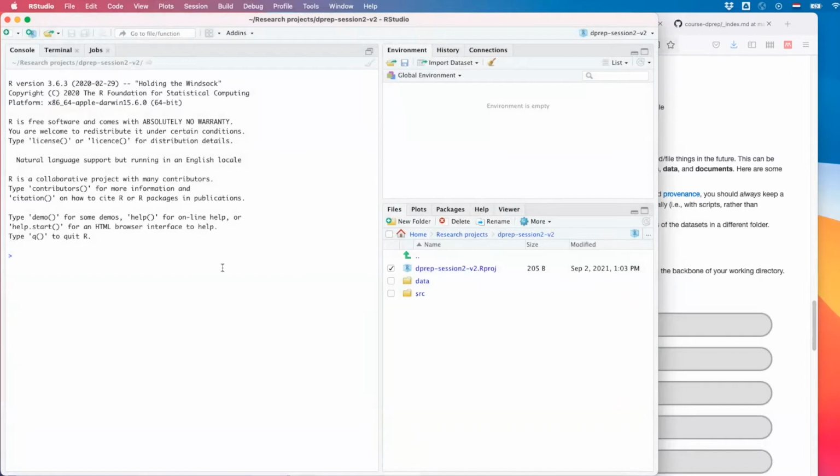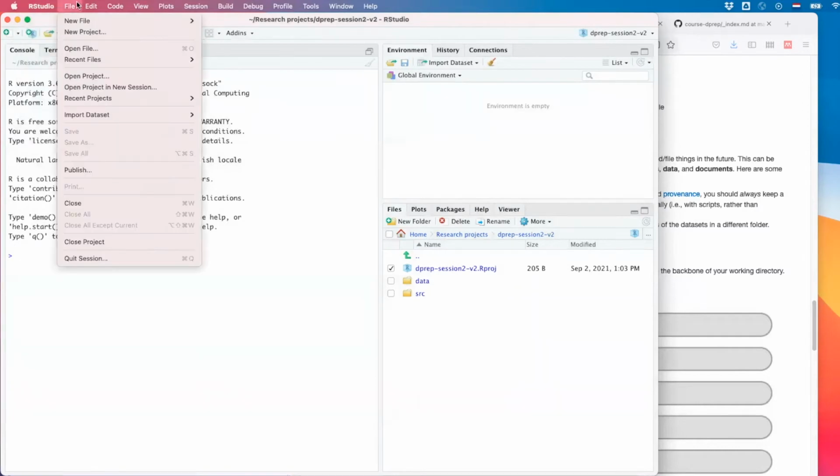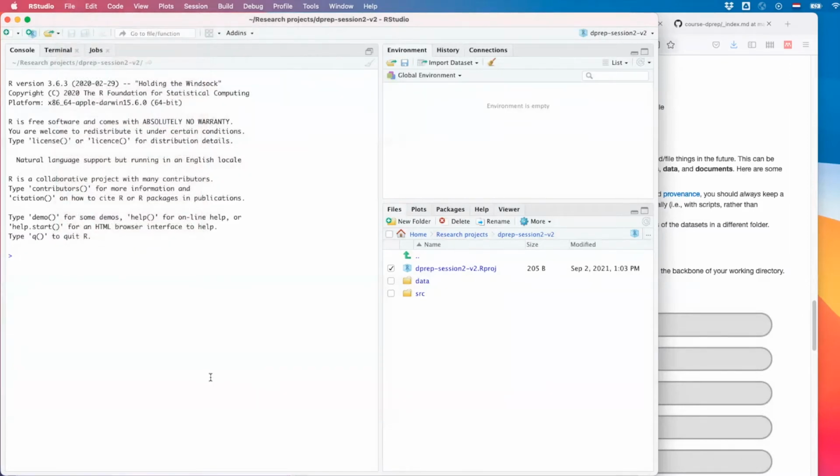Well, R now remembers all the setups and settings that you go through when you work on this. So for example, if you're switching projects, right now I'm saving my project. There's nothing in there right now, but when I switch projects, it's easier to enter this project. I personally don't use these project files in most of my work, but it may be handy to you.